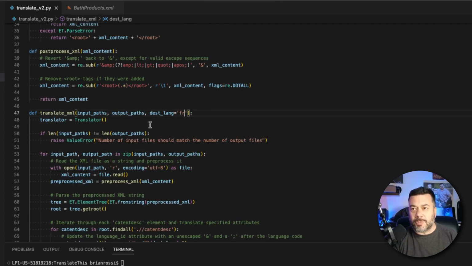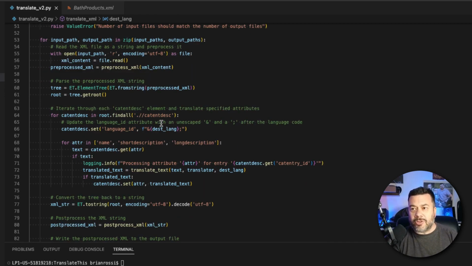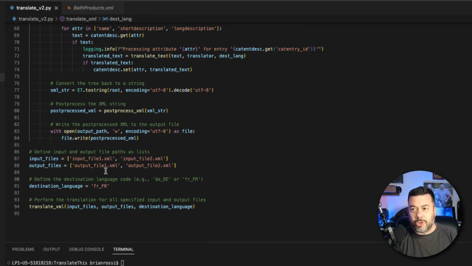So here in the script, I can specify my destination language, and I'm going to do this example in French. And essentially what it will do is it will translate the name, short description, and long description values within the predefined XML files into French from English. And then what I've done is I've made it so that we can actually do it against multiple files, so we're not having to run one file at a time. And I'm also having it go into the output files and change the language ID attribute value from, for example, EN_US for English to, for example,